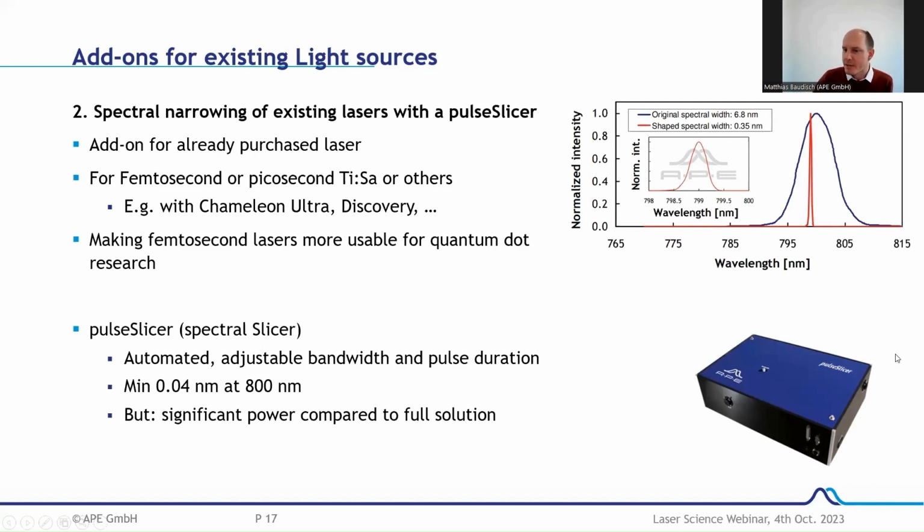You can combine it with a pulse slicer afterwards. And the big advantage is that you cut your spectrum. Here on the top right you see an example where the blue line is the spectrum of the light source of the sapphire laser. And then after the pulse slicer, you get this very nicely shaped,